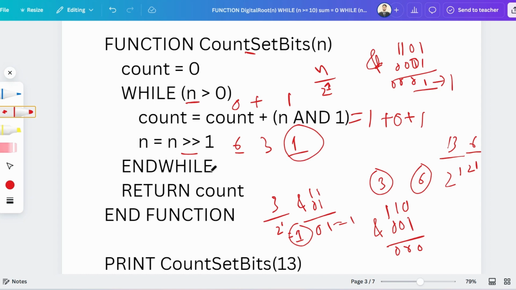So count is equal to count plus n and 1, so 1 plus, and n is 1, so 1 and 1 is 1. Now if we perform right shifting on this, 1 divided by 2 to the power 1, so that is 0. Not logically 0, but if we get an integer value, then it will be 0. So the new value of n is 0, so the while loop will be false,